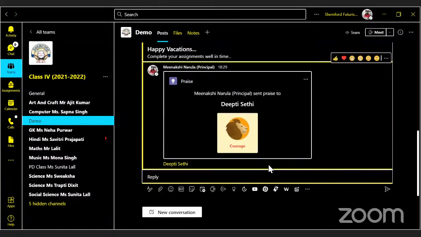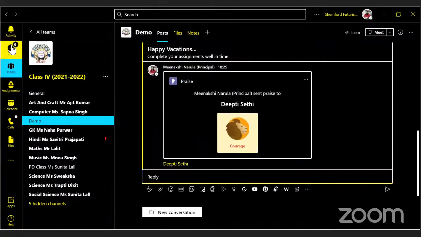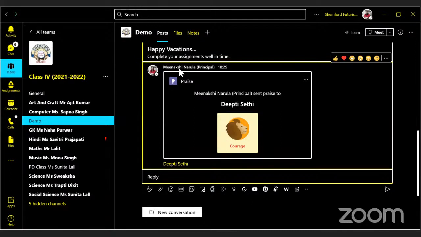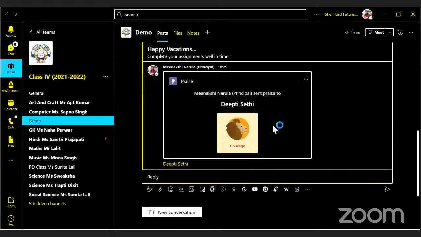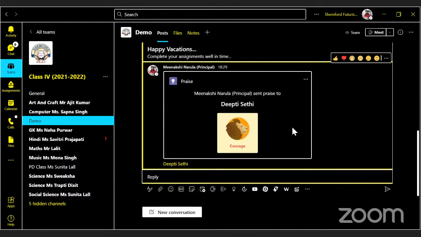If you want to send it to a particular child, you have to go to chat and then you can share. Otherwise, my suggestion is, if we are sending to a child and everybody is able to see, then only others will get motivated. Yes, exactly. So all the students will be able to see. I send the same to my teachers also. I have got my staff team. As and when any teacher does something wonderful, I send it to that particular teacher.